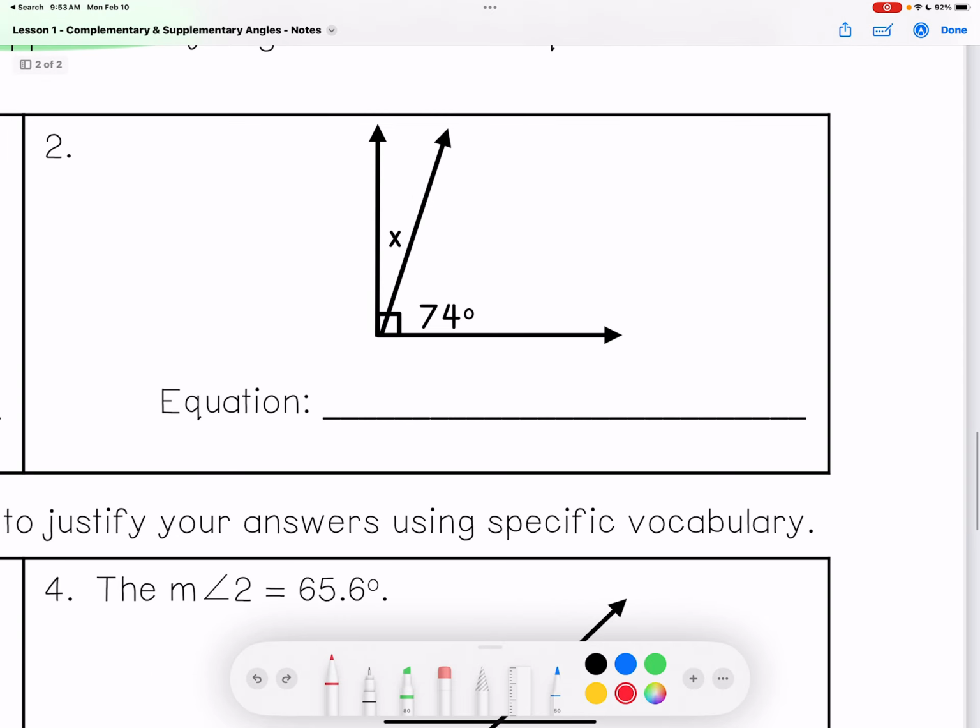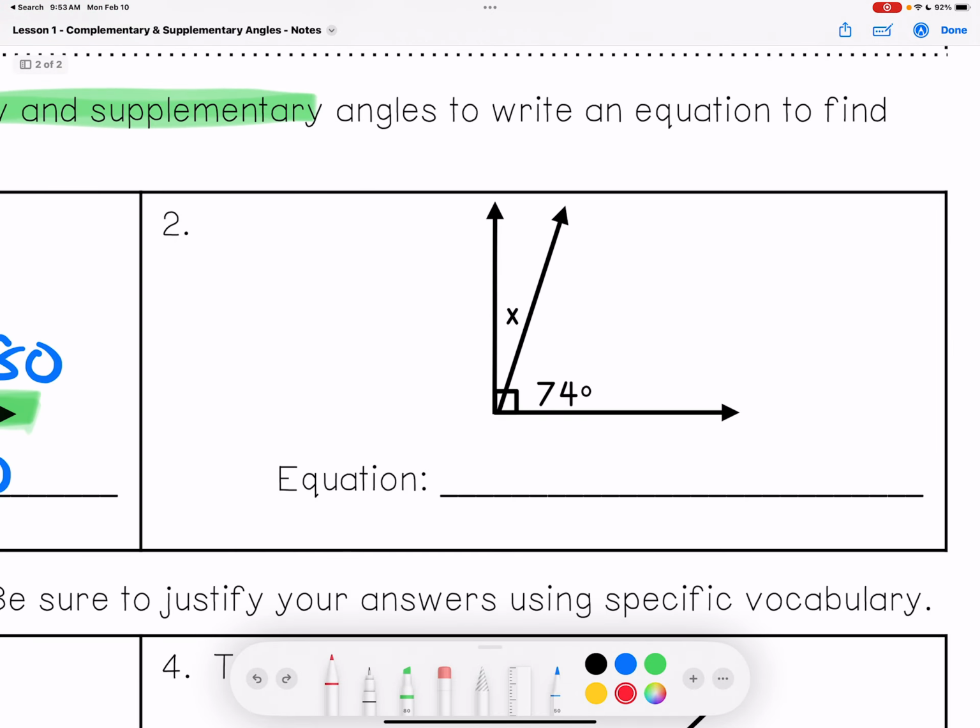All right, let's go over here. This looks like a 90-degree angle, but I know for a fact that it is a 90-degree angle because of this box right here. That little box tells me that it is 90 degrees. So if I know the whole thing is 90 degrees, I know this side is 74, plus the other side is going to equal 90. So 74 plus x equals 90. And just so we have the answer,